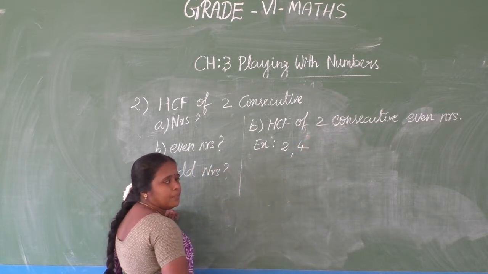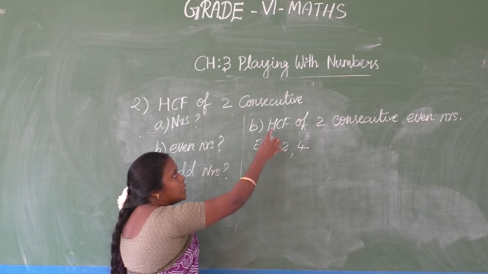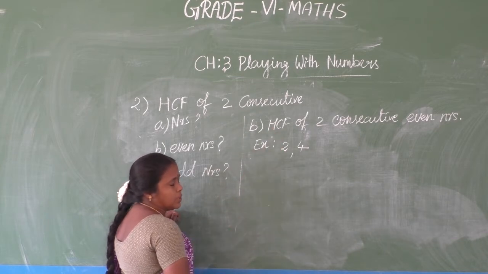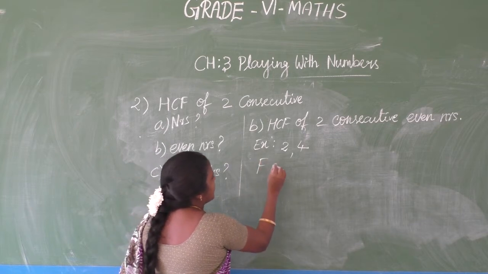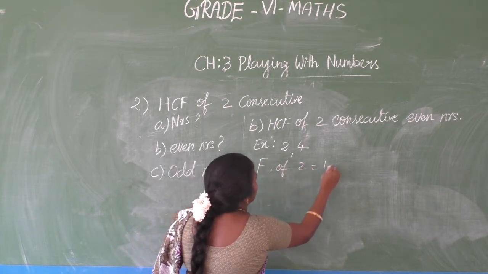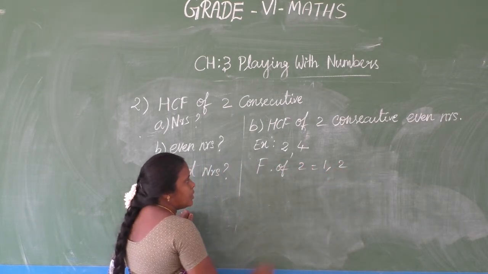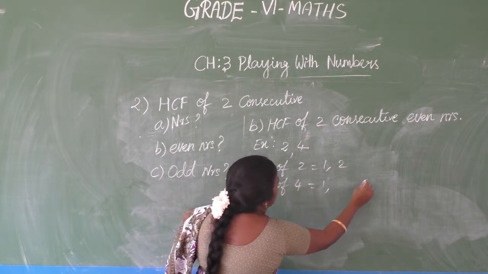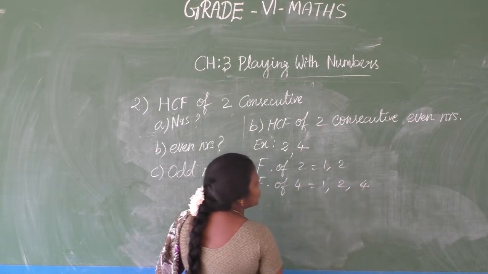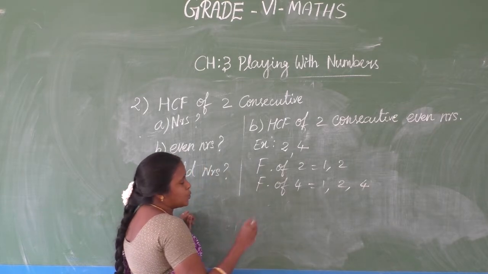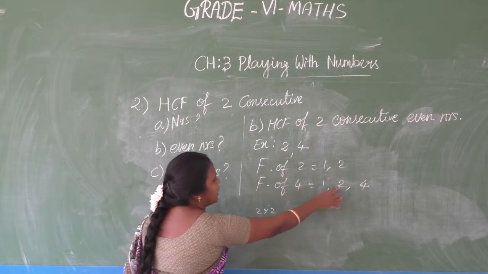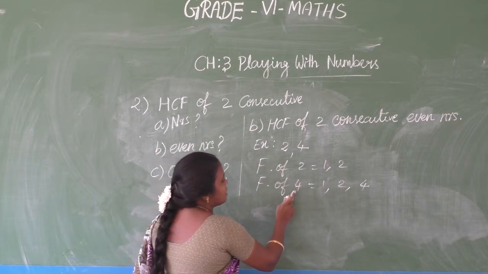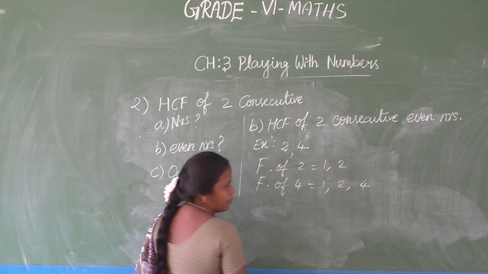For example, I am going to check what comes as the HCF for these 2 numbers. We will check. First write factors of 2. What is that? The same, 1, 2. Factors of 4. What comes? 1 4 is 4, 2 2s are 4. 2 times 2 coming, so it is enough to enter 1 time here. So factors of 4 means 1, 2, 4.